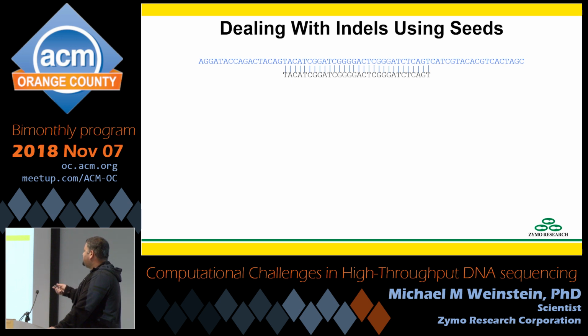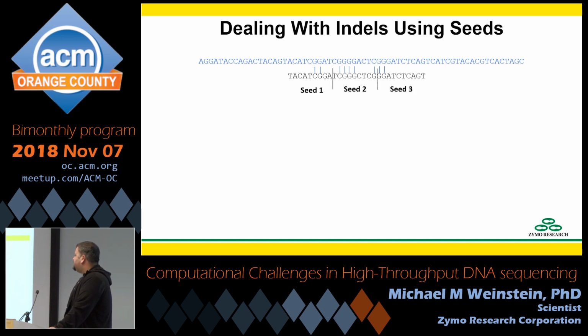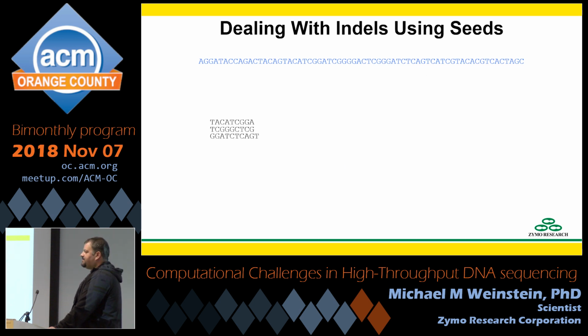So I'm going to take this perfect match I had before, and I'm going to arbitrarily drop 2 bases from the middle. So I just created a deletion. And if you look at it now, it doesn't match up very well there at all, even though I just showed you that's where it came from. So I'm going to break this up into 3 seeds, and these seeds are basically, I think about 9 bases each, a little bit longer maybe. And I'm going to take these seeds and I'm going to align them individually.